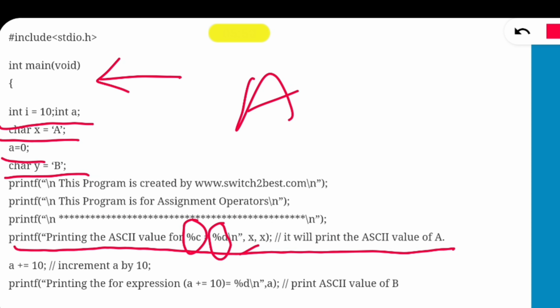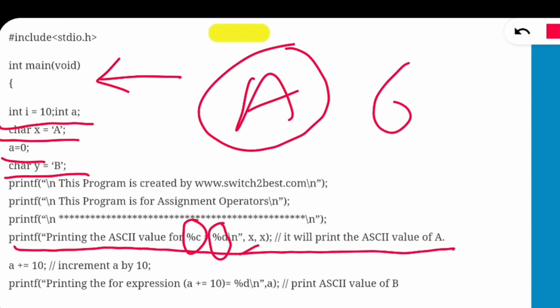X is a character type variable, but we want to print the value in integer format, that is %d. A's ASCII value will be printed in this scenario. What is A's ASCII value? 65. 65 will be printed.